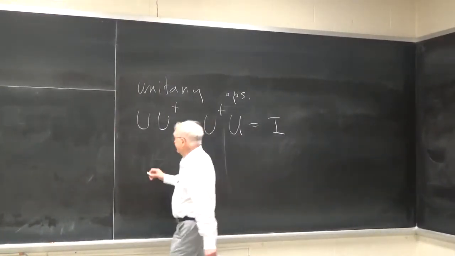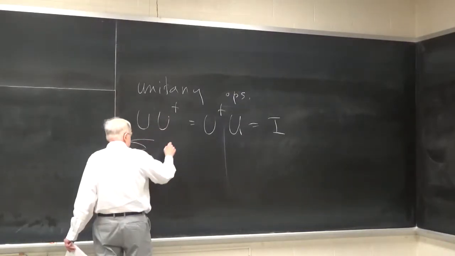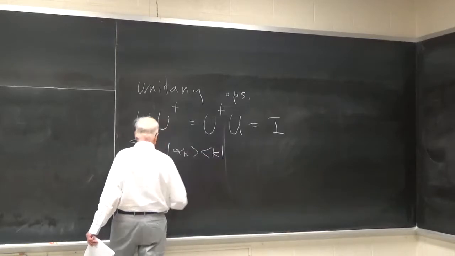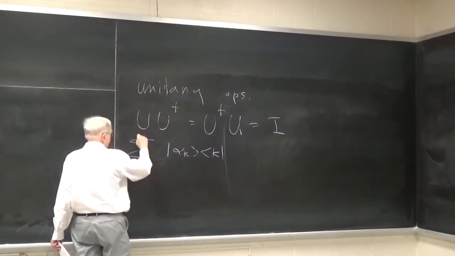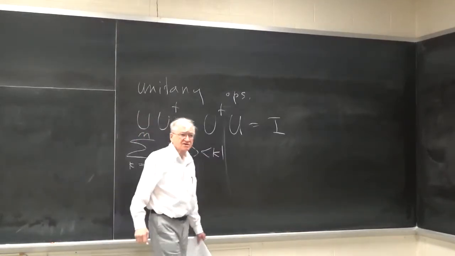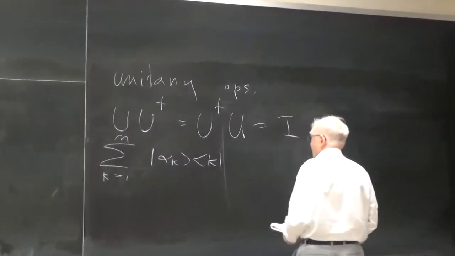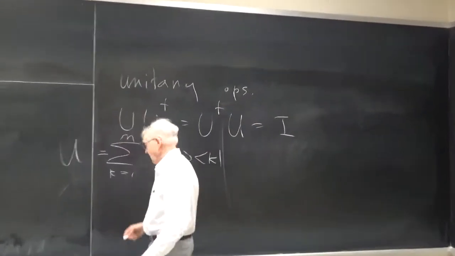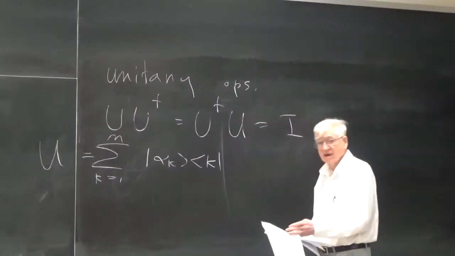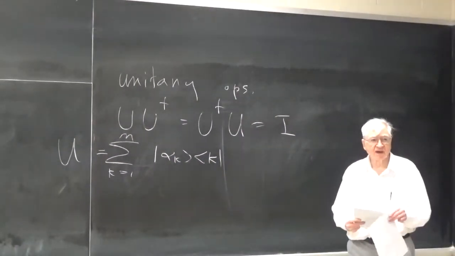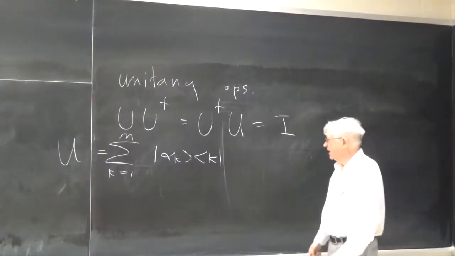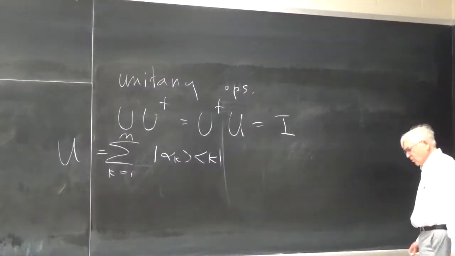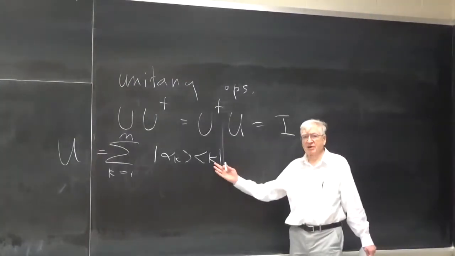It turns out that any operator that takes us from one orthonormal basis to another is automatically unitary. So this would be a unitary operator. So that's important to keep in mind, and that's one reason why unitary operators are so important in quantum mechanics,